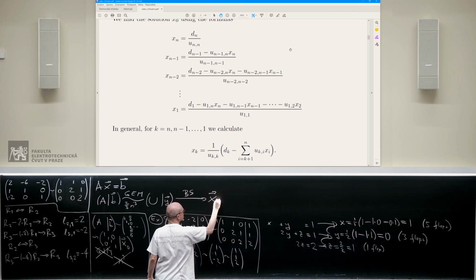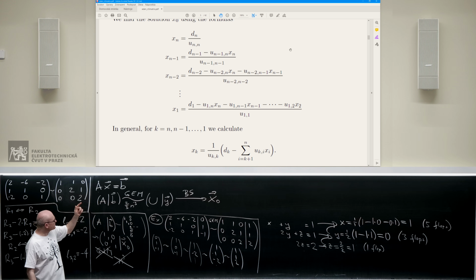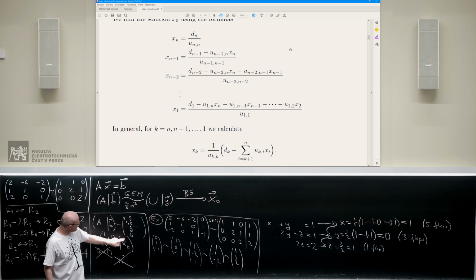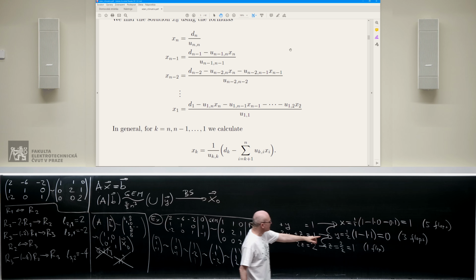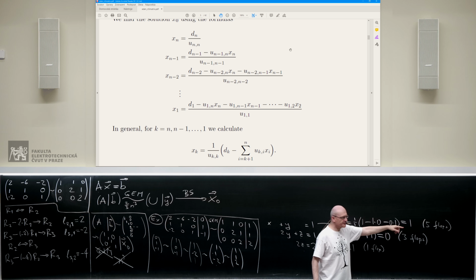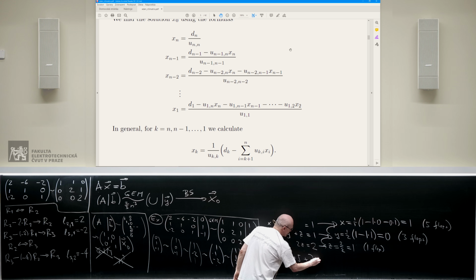And you get a solution. Here you go. Now, how much work does it take? That's important because we are trying to do some savings compared to the high school approach. Okay, so how many operations did we make? 1 plus 3 plus 5. If the system is larger, we have to make more back substitutions. So we are adding